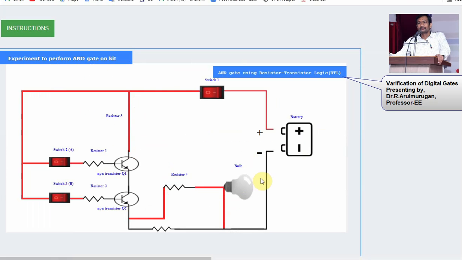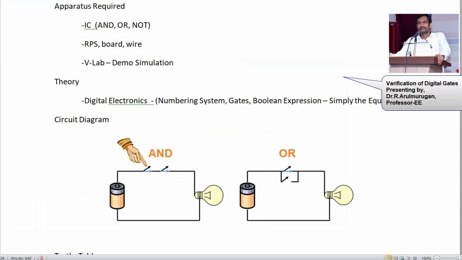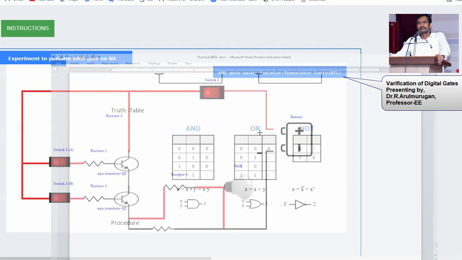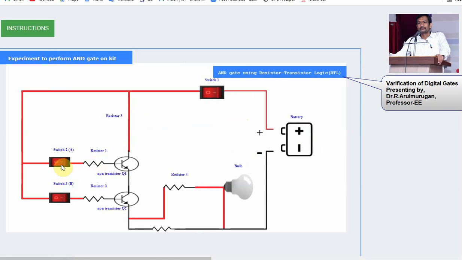So here, the battery is there. One main switch is there. Then after that there are switches A and B. So you have the two switches A and B. In the tabulation, A, B, X and Y. Through that I will go to the elements, semiconductor elements, a semiconductor device, to minimize the starting current of this device. That's why this resistance is used.